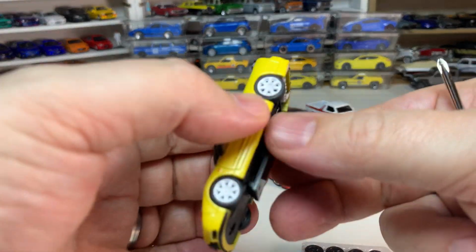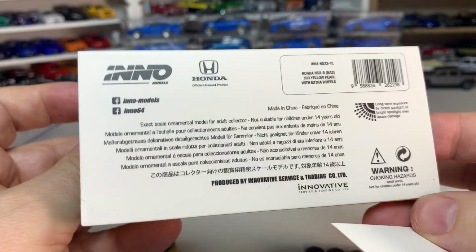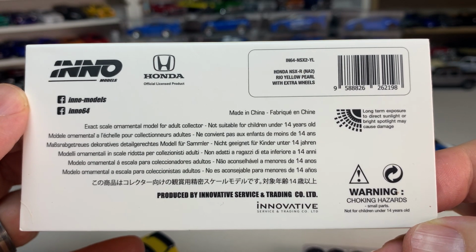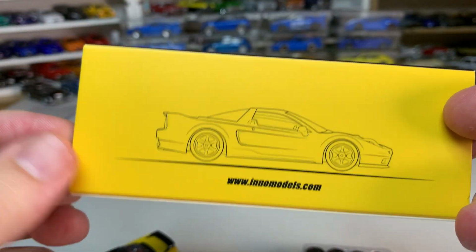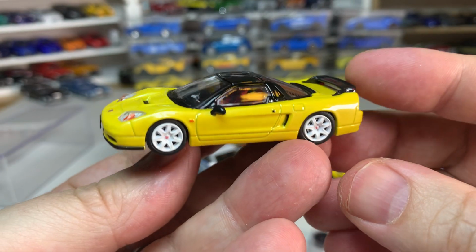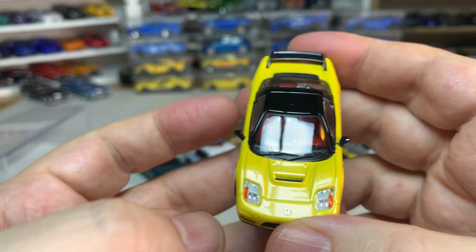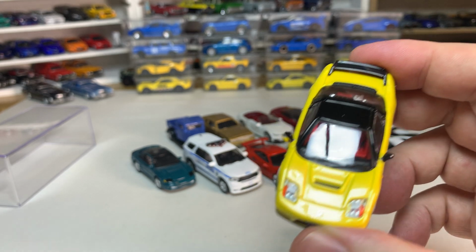So I believe this is a little bit of an older Inno64 release. I don't know when this came out. Let's see if we look at the package. Does it give us any kind of date? Does not appear to. So this one has headlights here, which is interesting. So I also have the Atomica Limited Vintage,